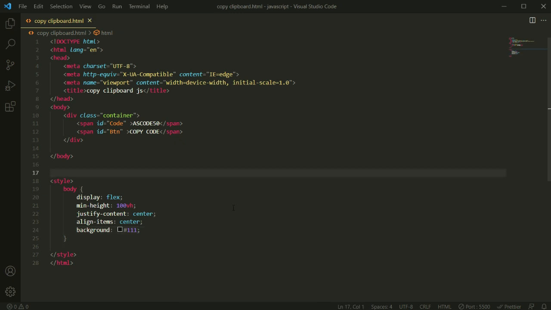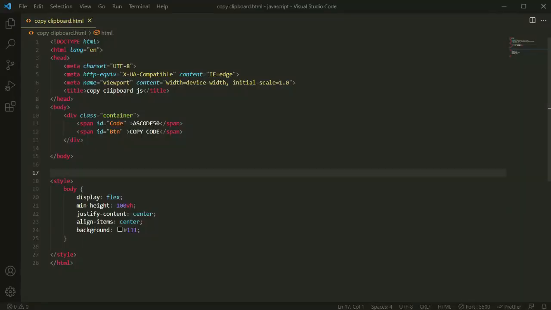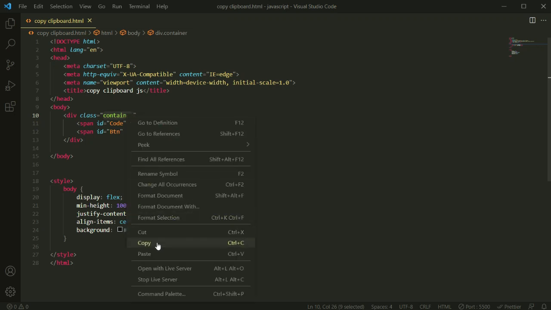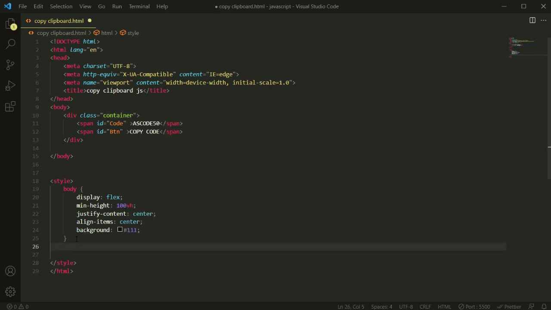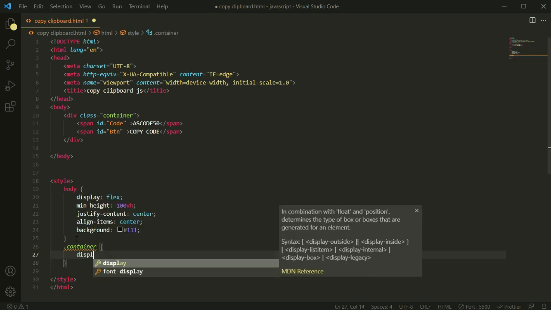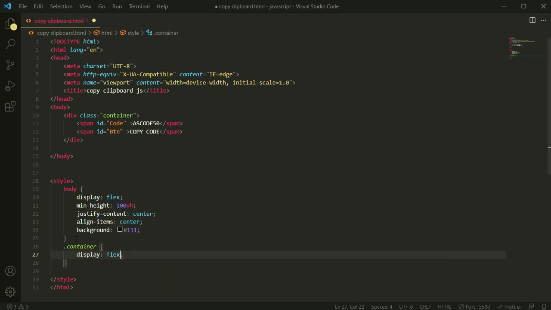Now we can check out this viewport. You can see the background is totally black. Now let's style this for this container class. So let me copy that container and paste it here, this class name. Now write this CSS for this. So let me write first of all display flex, so that all the items go in one line and this flexible item on top of this.